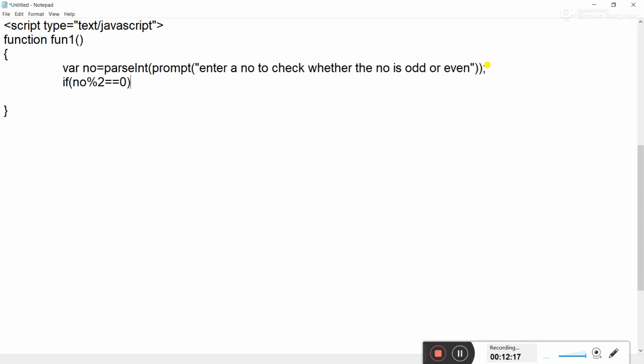If the remainder coming from number divided by 2 is 0, that means it is an even number, right?